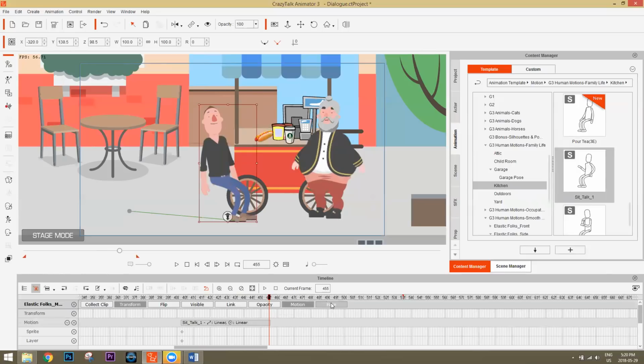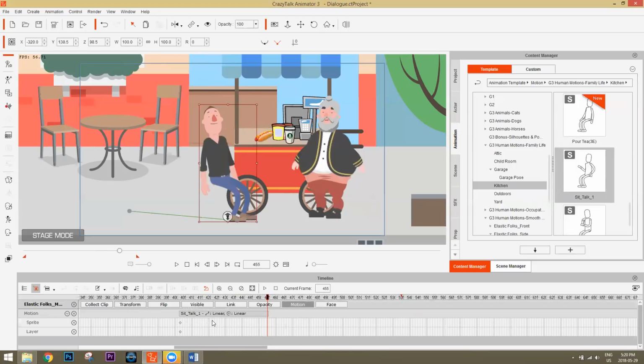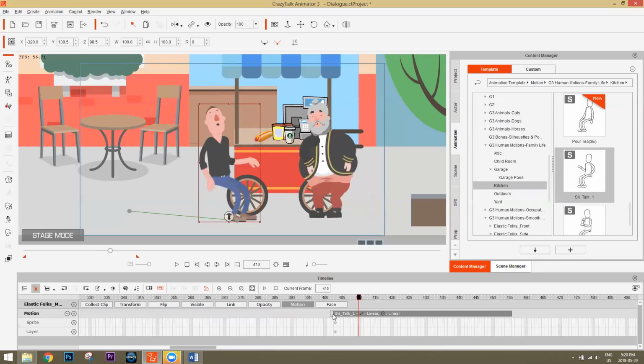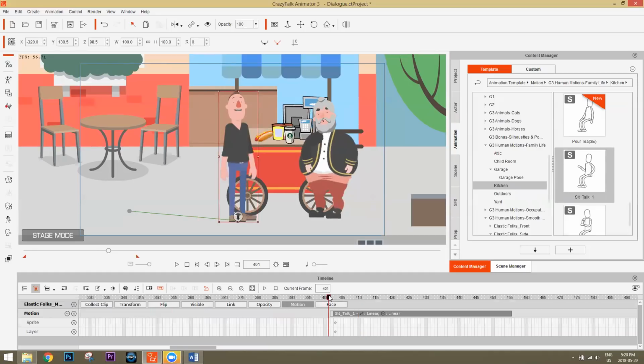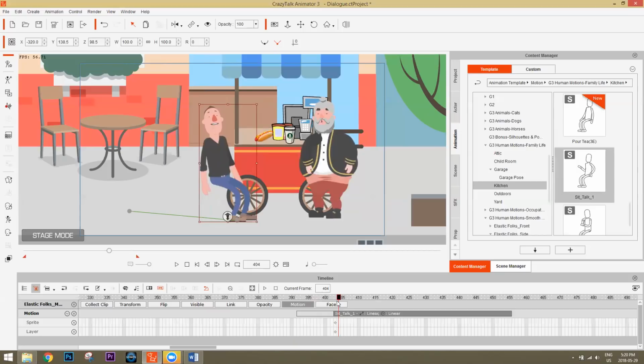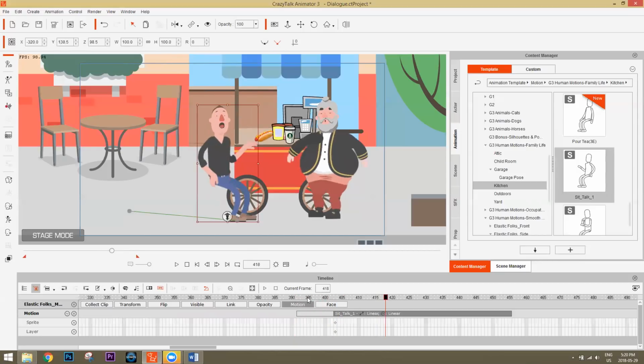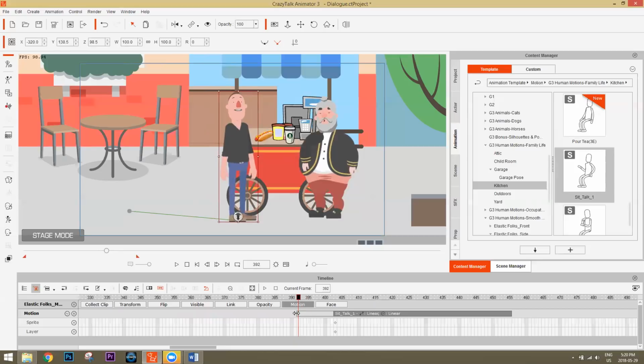So let's go ahead and close down the face track, close down the transform track, and here you see our sit talk. And what's going to happen is there's a little transition area at the very beginning of the sit talk. You'll notice from here to here, he'll just kind of whoop, sit down. You can click and drag and extend this transition area like this if you want, and his seating motion will take a longer period of time. Just like this. Now, obviously, we don't want him to be seated, so let's go ahead and click and drag that transition to a little bit smaller, a shorter period of time.